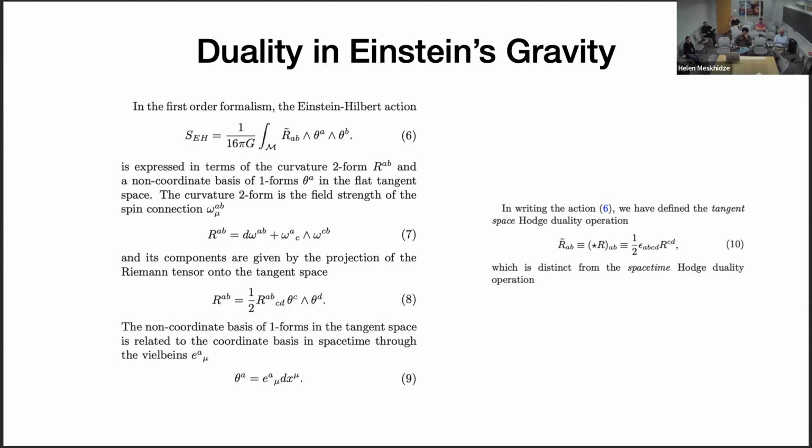And these thetas are a set of one-forms on spacetime. They are essentially the vielbeins contracted with the coordinate differentials. And they are also given in components by the Riemann curvature, projected into the tangent space. So these ABC indices are coordinates on the tangent space. Are people familiar with this notation? If not, I can try to explain a little more, but if people are familiar.